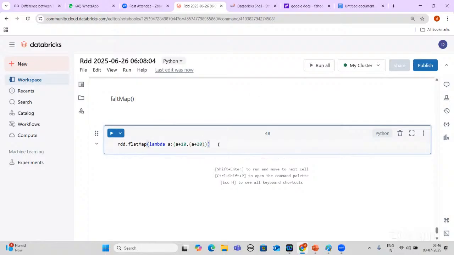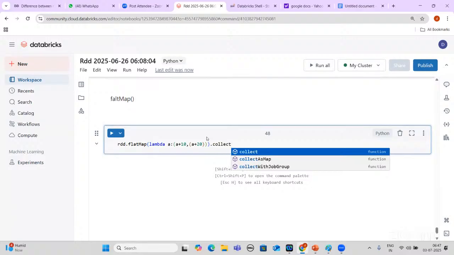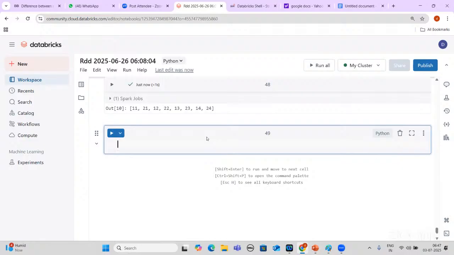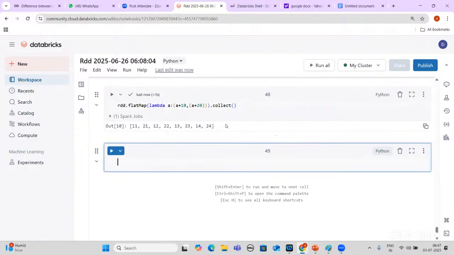I need to call the function. So this is the output for this RDD.